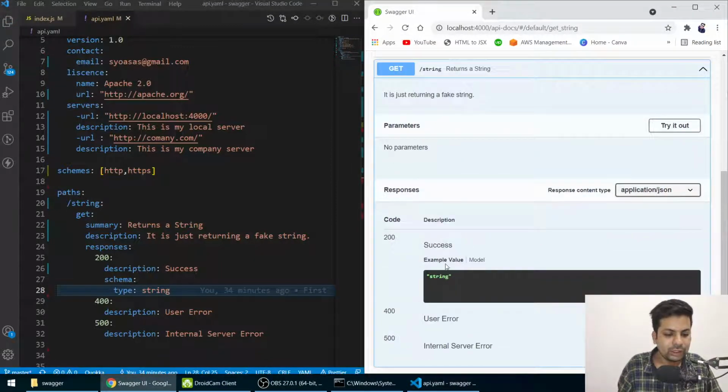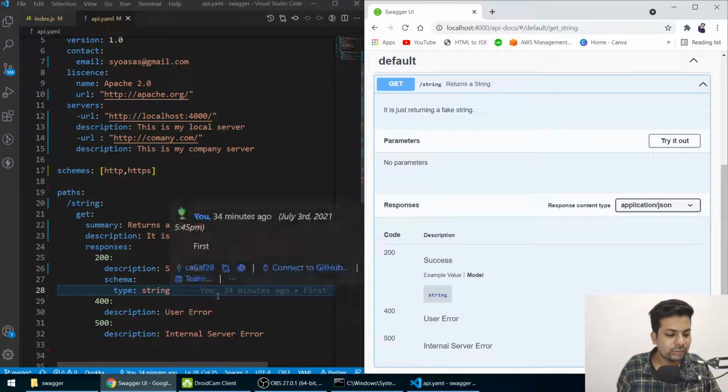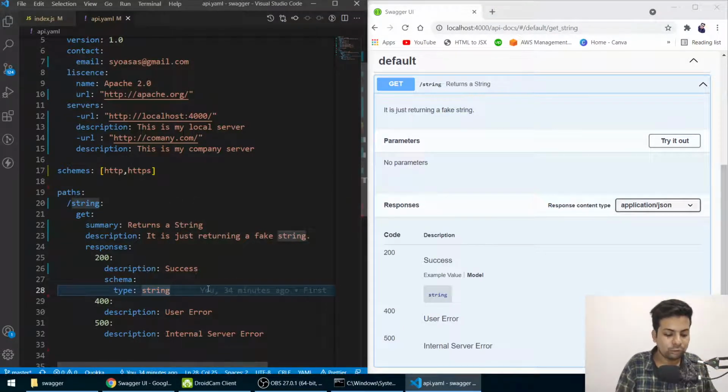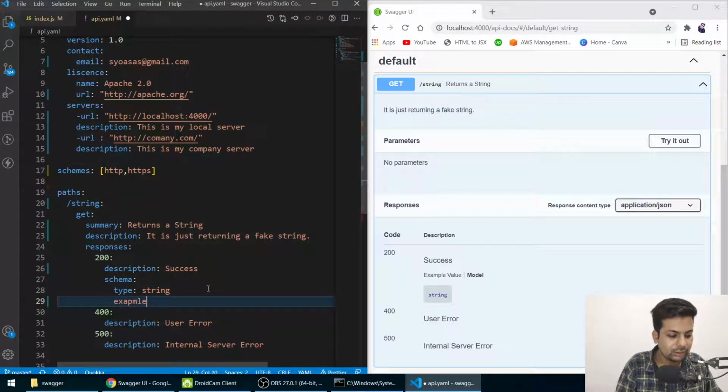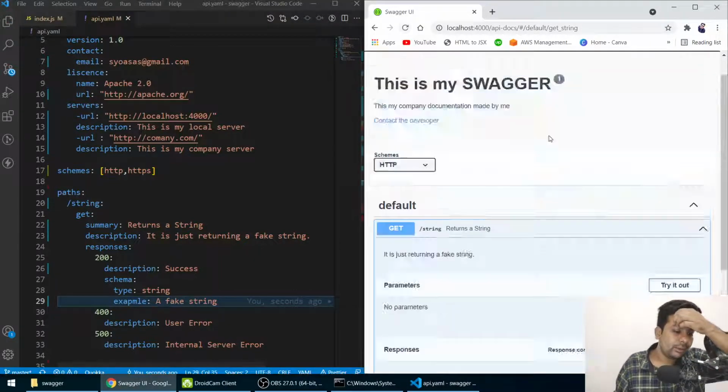So see, it's showing you example, like it will send you a string. So model, if you use, it will send you a string. But if you want to tell the example on your own, so you'll just write example, you can write a fake string. If I save it, reload this,